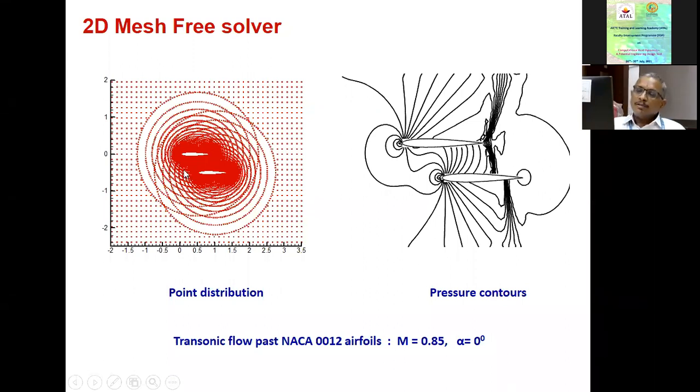So this shows the power. I can use any simple grid as tools for generating the cloud of points, combine them together to form a single large cloud of points. Then I would solve my conservation equations in the discrete form as I explained. So this is a typical case of transonic flow. Okay, Mach 0.85 and alpha 0, these are the shock waves. So these are standard test cases which are available in the literature for us to compare and tune our solvers.